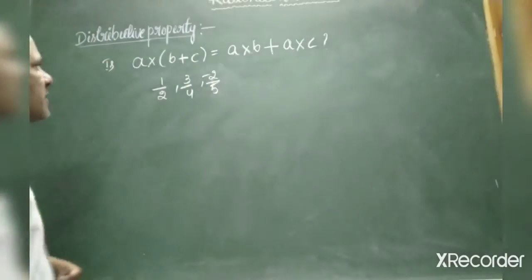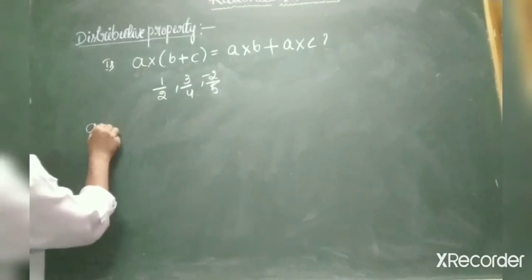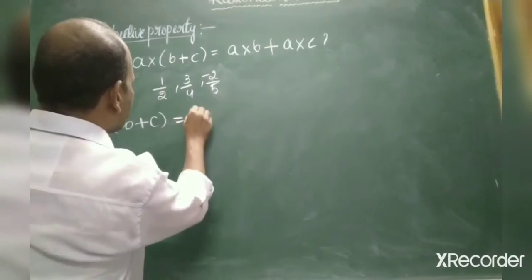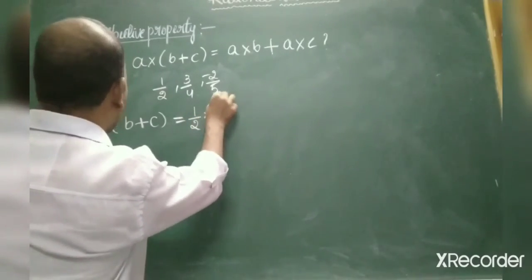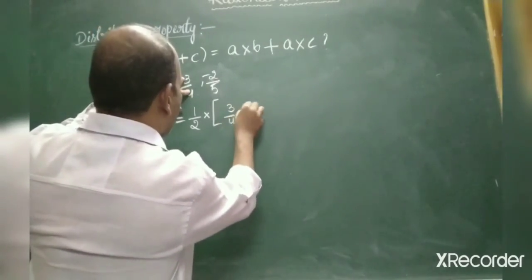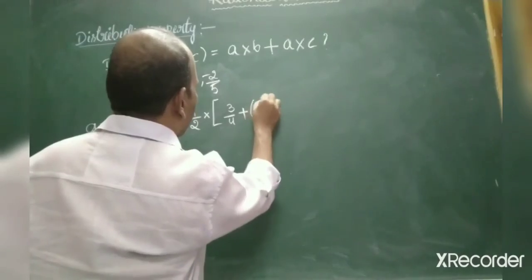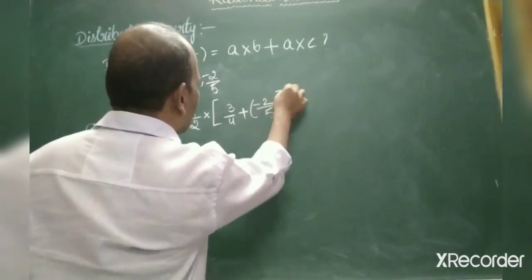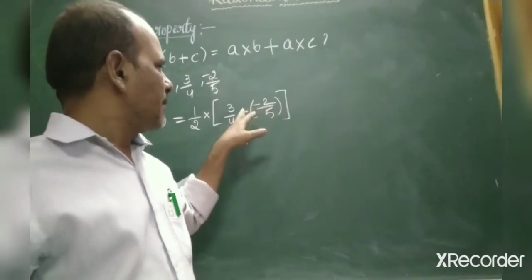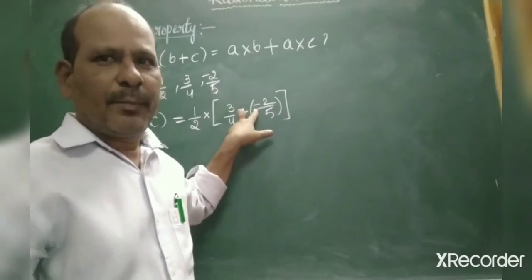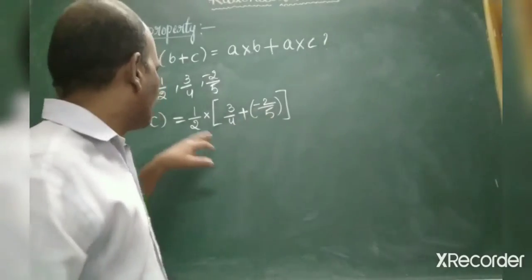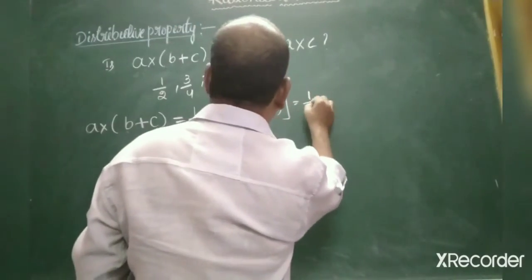Now take the left hand side. A into B plus C is equal to A, here 1 by 2, into B 3 by 4 plus C, minus 2 by 5. Why am I keeping this minus 2 by 5 in round brackets? Because plus and minus are coming one after another consecutively, so I am keeping this minus symbol in the bracket. Now 1 by 2 into